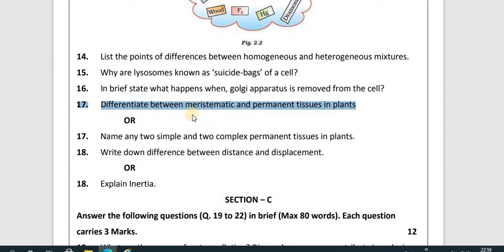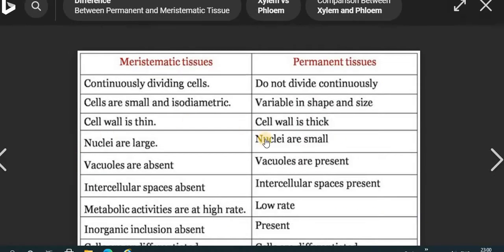As we know, meristematic tissue is a continuously dividing kind of tissue, and permanent tissue cannot divide further. After dividing, it is converted into permanent tissue. So let's see in brief the answer about the difference between meristematic and permanent tissue in the plant. Meristematic tissue, as I told you, is continuously dividing, whereas permanent tissue